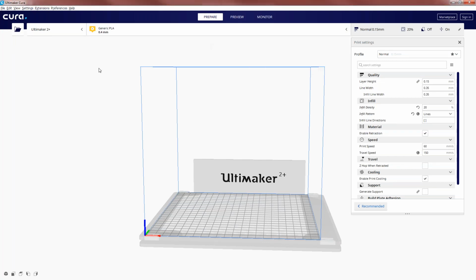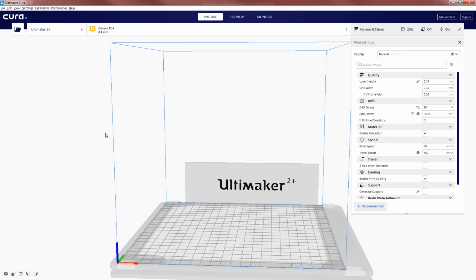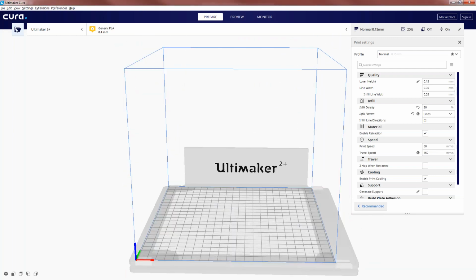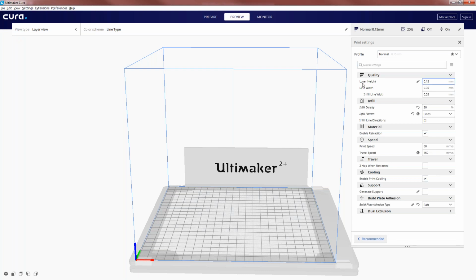On the right side, these are the input parameters: layer height, layer width, infill density, material, speed, travel, and support. We always use generate support and travel. These are the different print settings.